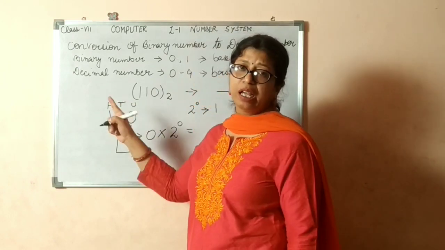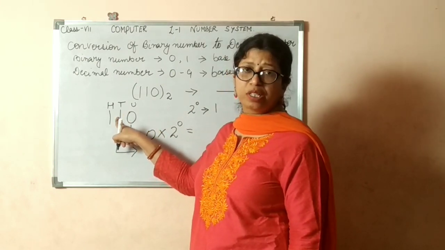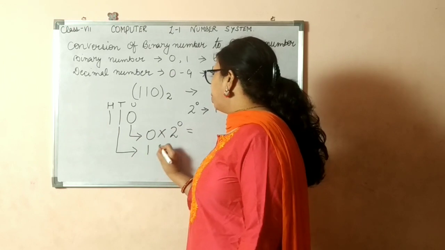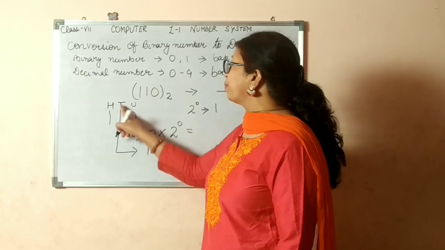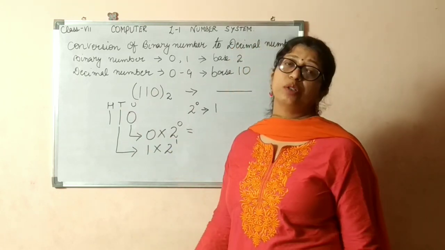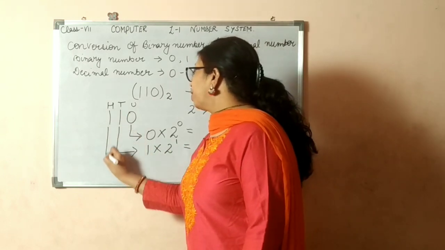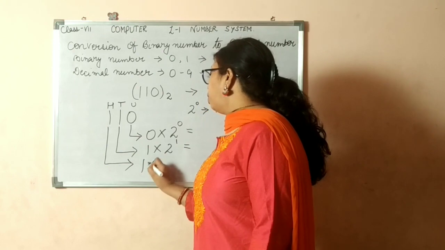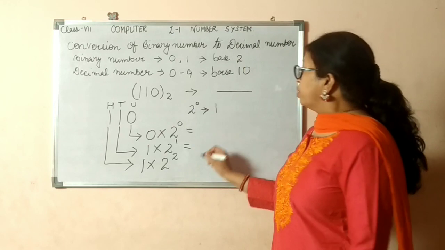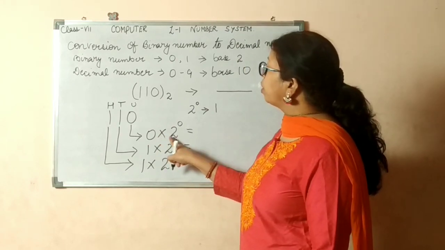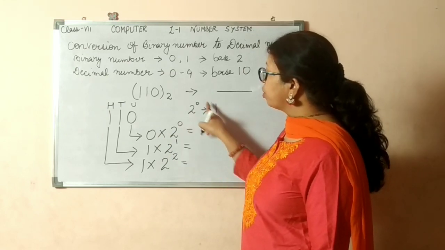The next value will be also, this is unit place, this is tens place, this is hundred place. In the same way the positional values increase. Here also, this is the face value multiplying with the base and the positional value, and the positional value here is 1. So 1 into 2 raised to the power 1. With the next increased value, 1 into base, and the increased positional value is 2. So now I will be finding out the value. 0 multiplied by 2 raised to the power 0 is 1. The value for 2 raised to the power 0 is 1.